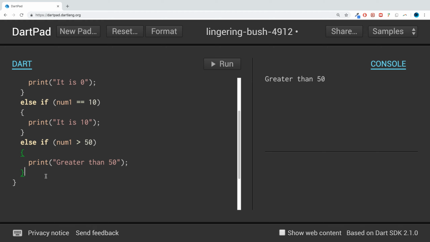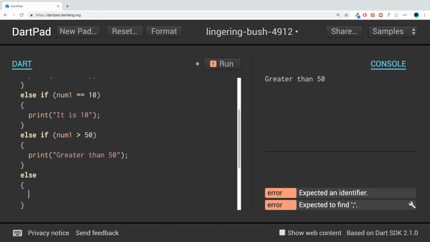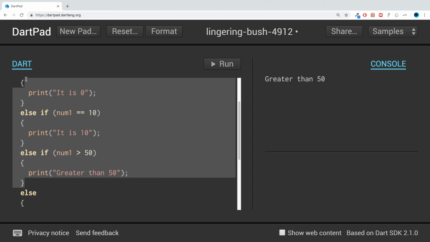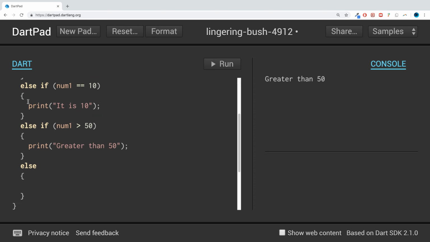What you can also do is have a default else statement. So if we put else, we don't need any brackets, no if, we just put curly braces. This will be triggered if the if and all the else if branches result in false, then we'll have a default statement. So I'll say print